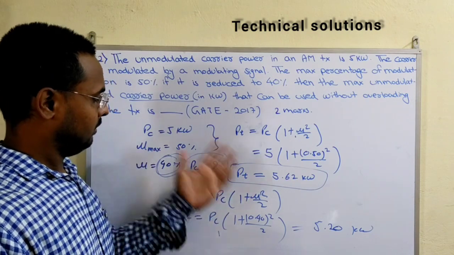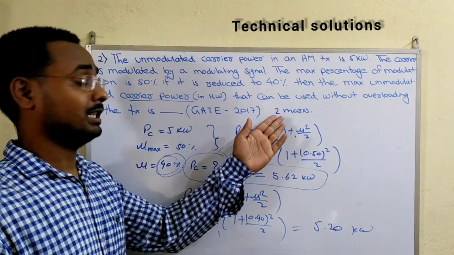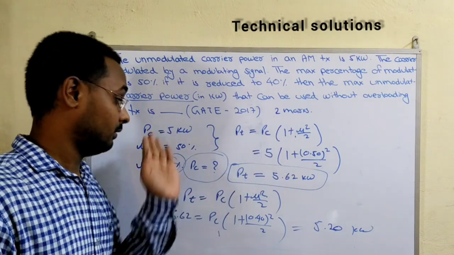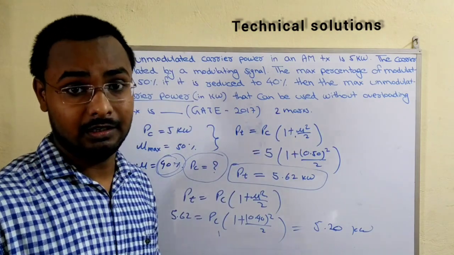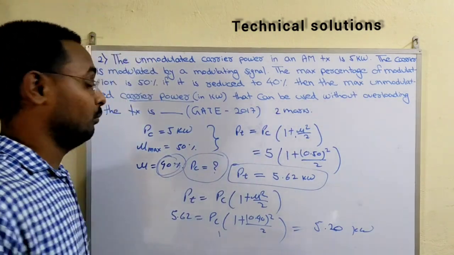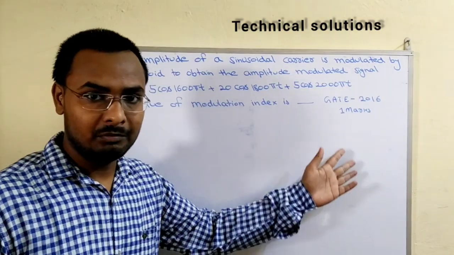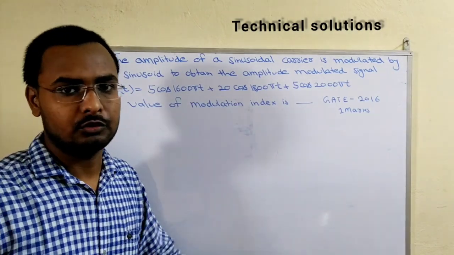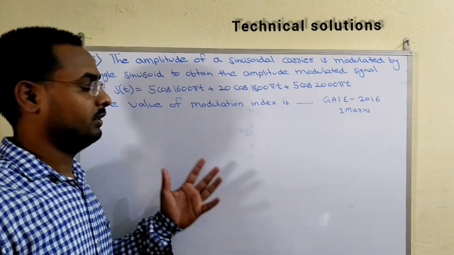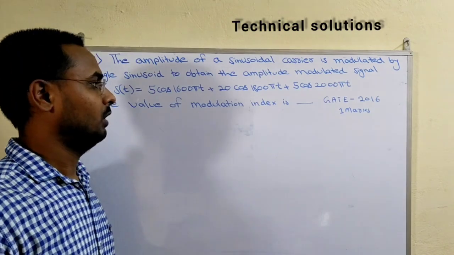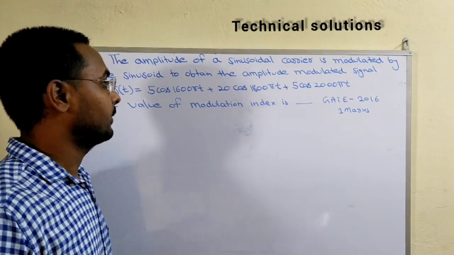So that is how easy this question is, and it was asked for 2 marks in GATE. One formula used 2 times and you will get 2 marks, which is very large in the GATE examination. Move on to the next question. This question was asked in GATE 2016 for 1 mark, and it is also a numerical based question. Numerical based questions are trending nowadays. Most of the questions are numerical based. Fine.